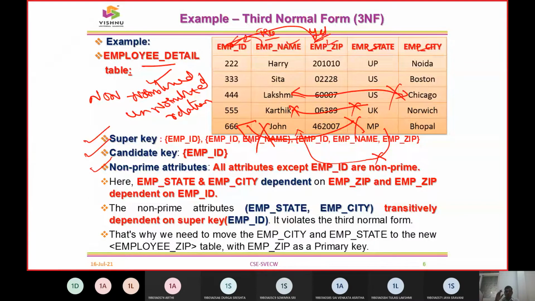And let us see these non-prime attributes. Whoever are dependent on the primary attributes, those elements we are going to call non-prime attributes. And these non-prime attributes purely depend on the primary. So if such an inference needs to be taken up, the scenario was to see that there is no transitivity dependencies occurring over the tables.